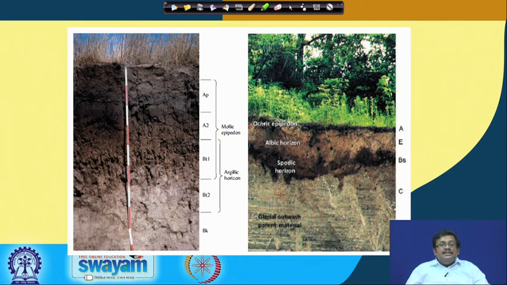So, in a nutshell, you can see in this picture the different surface and subsurface horizons. Here you can see surface ochric epipedon and subsurface albic horizon, spodic horizon, and below that there is some parent material and glacial outwash. So, in this session you got an idea about the important surface diagnostic horizons and subsurface diagnostic horizons.